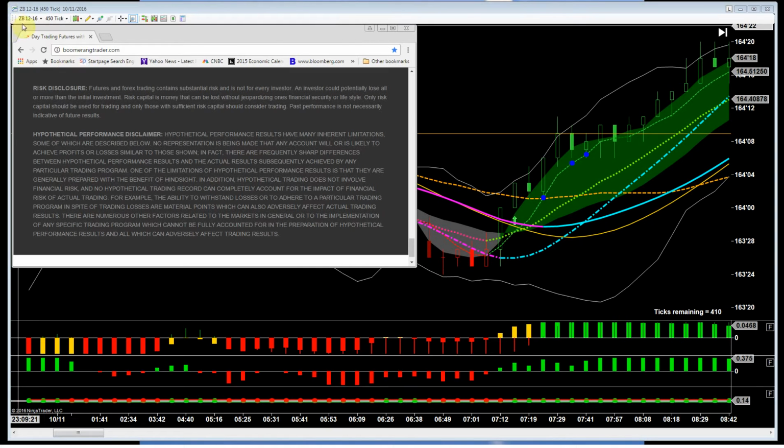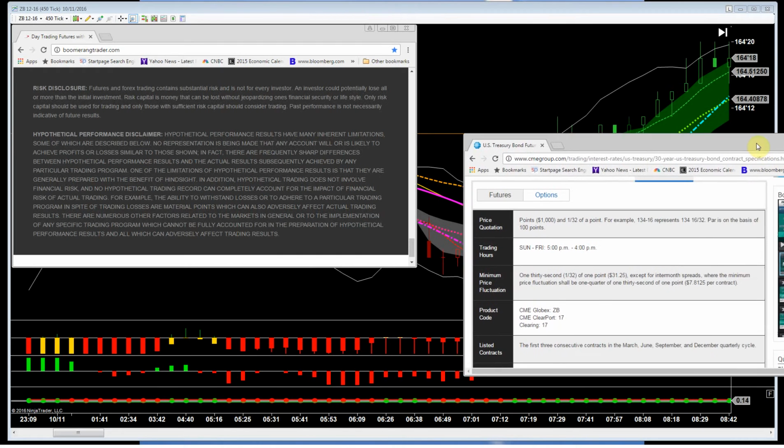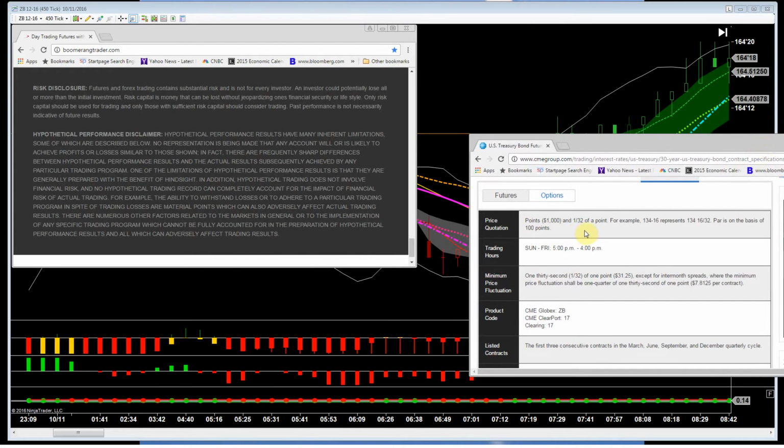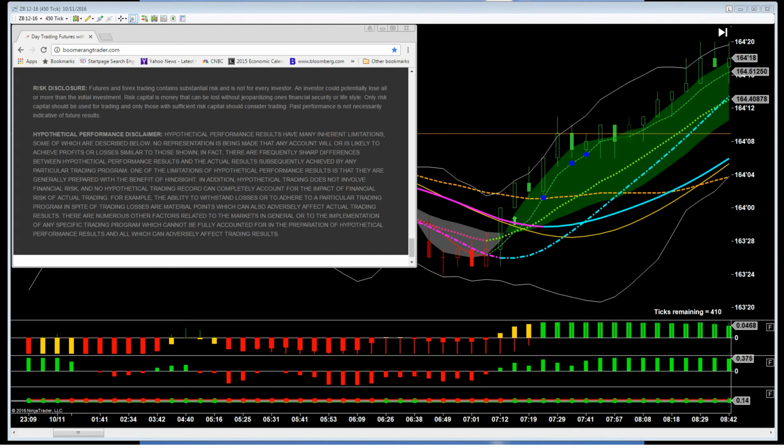Today we're looking at a chart of 10-day sessions on the ZB contract for December, which is the 30-year bond futures contract. Very exciting contract to trade with Boomerang, and one that we can recommend for traders who are somewhat experienced with the bonds. It's a little bit different of a market, but it's definitely worth learning to trade on Boomerang. It trades in 1/32 of a point, and each 32nd of a point is worth $31.25. And so the ticks are numbered through 31, and then on the 32nd tick they change over to the